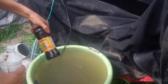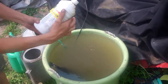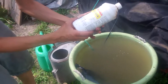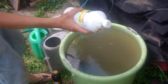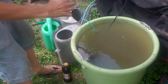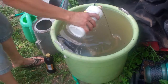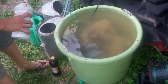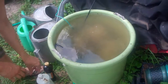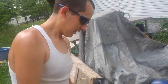It's interesting, it's Golding Farms, I got it from the grocery store, but this is some Alaska fish fertilizer, and that gives a little bit of extra bacteria, nutrients, bacteria colonies colonize the water, and you're going to use about the same amount of that as the molasses. So equal parts of fish fertilizer and molasses into the water to